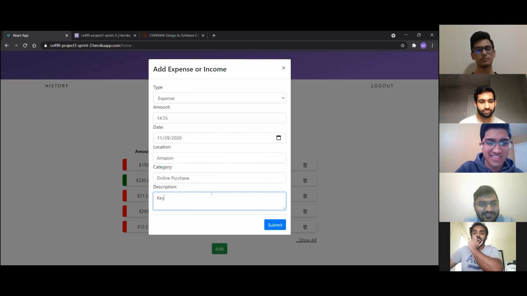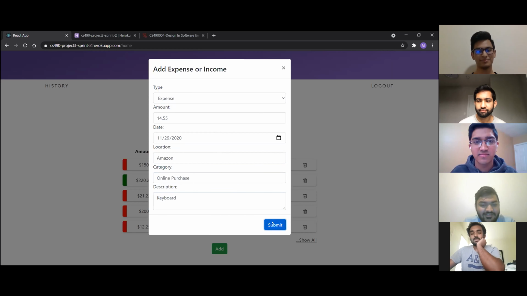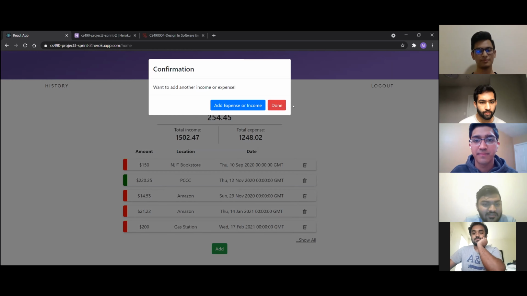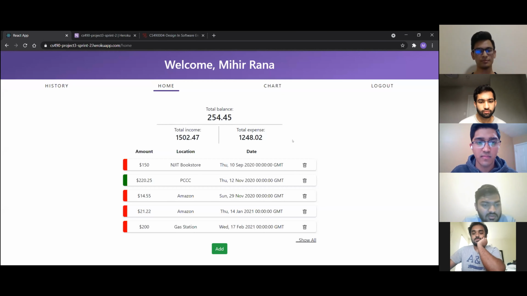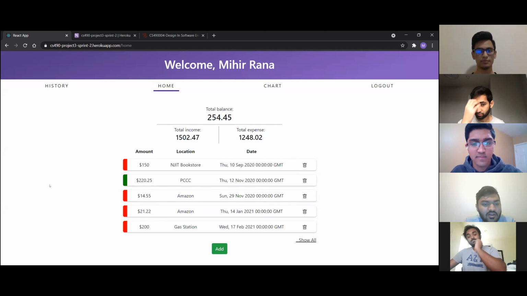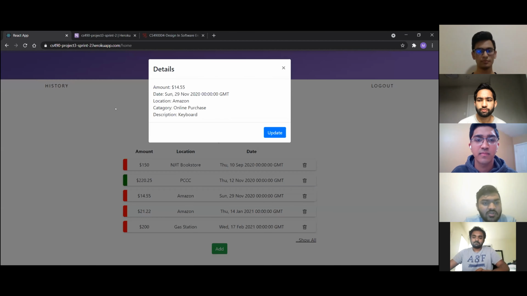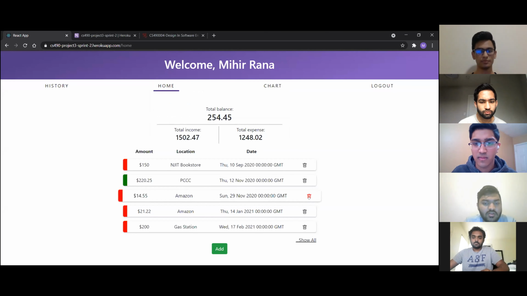Keyboard. We have an option to add another income or expense. Should be in show all because it's more than that. Oh, is that? Yeah, 2020, yep. So you can just click on it and see the description details. And say if I return the item, you can delete the item from the page.